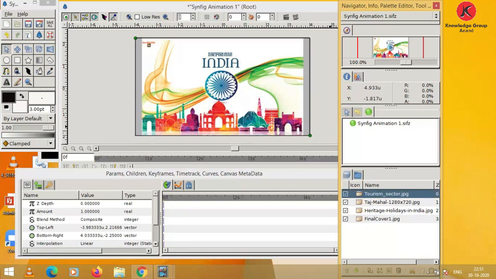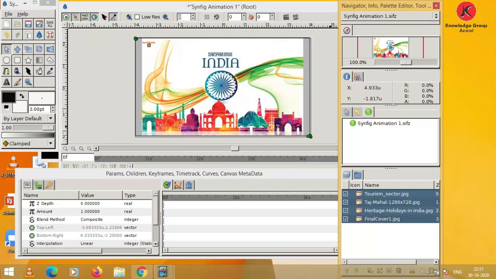Now press the shift key and select all the images in the layers panel and go to the parameters panel and change the blend method to straight for all the images. So select the first image layer, hold the shift key and choose the last layer.